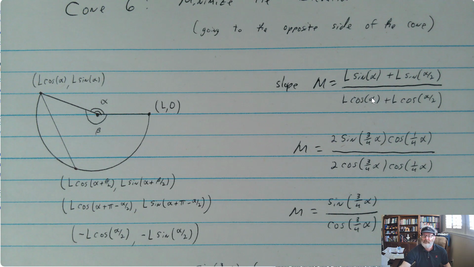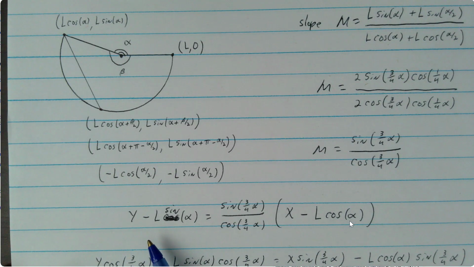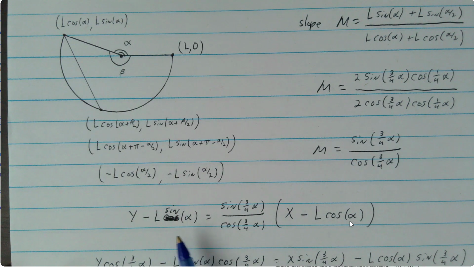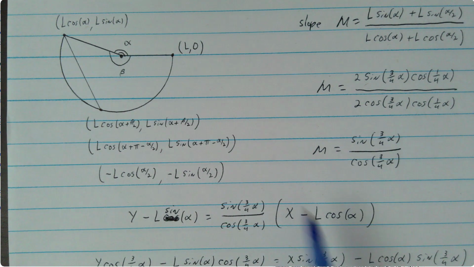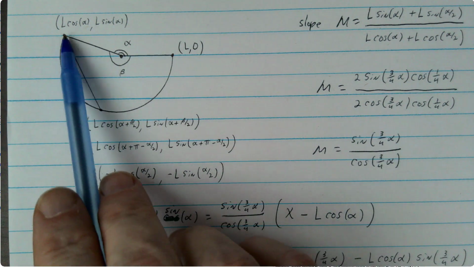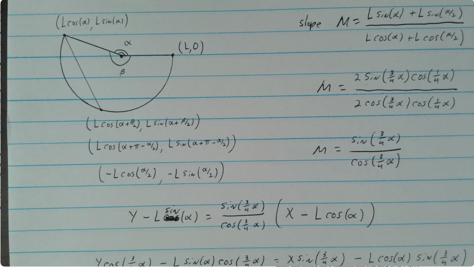So here you can cancel out an L. Then the sum of the sines becomes this, the sum of the cosines becomes this. You can see the cosines cancel, the 2's cancel, so there's the slope. So then you can pick either point. I picked this point, so y minus the y value equals the slope, x minus the x value at this point. So I just want the equation of this line,